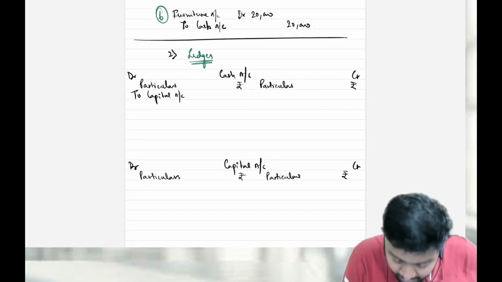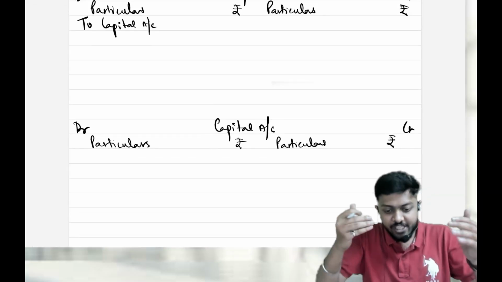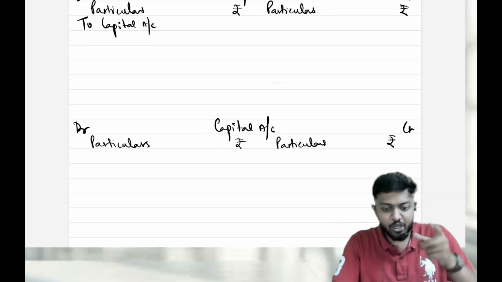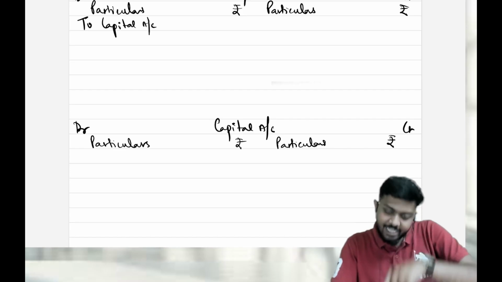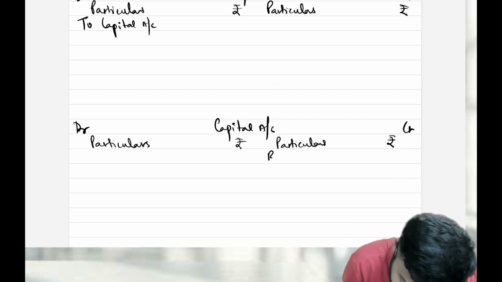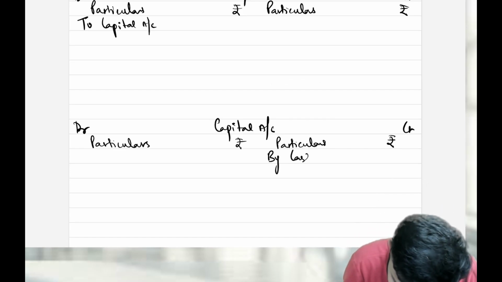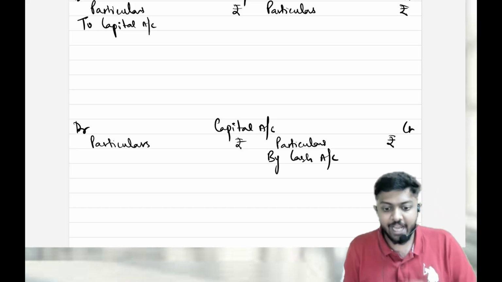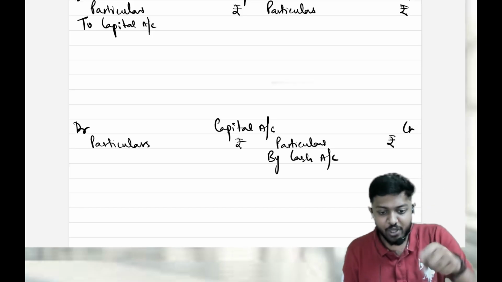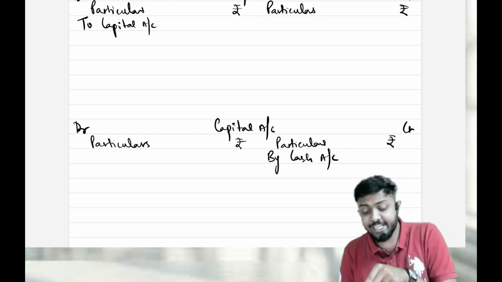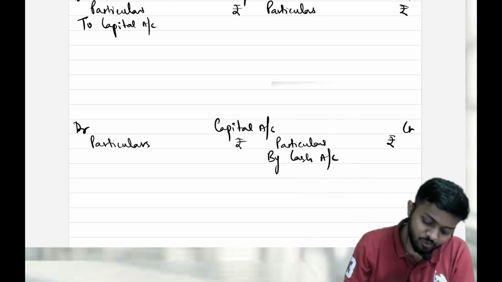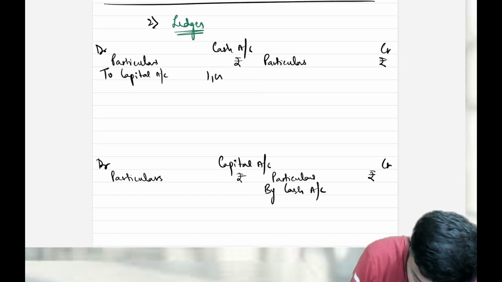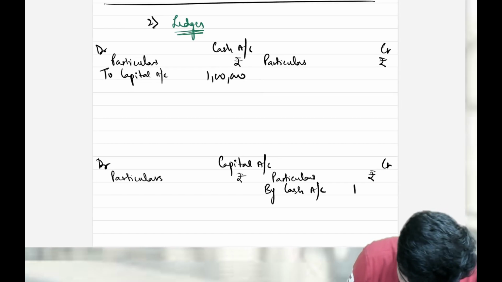Capital account will have the credit side. See, in the journal entry, capital has been credited. So here also it would come in credit side, by cash account. Correct. In journal entry, capital account is credited, so even in ledger, it should come in credit side only. Which was the other account? Cash account. So I've done the posting. How much was the amount? Don't forget to put the amount. 1 lakh. Correct?